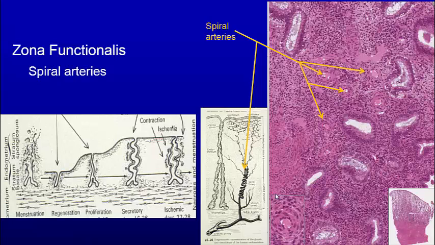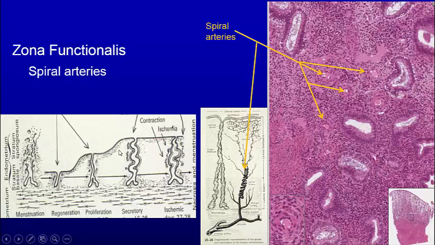So if we look at the cycle, you see after menstruation has occurred, and we say that's day 0 because we can observe that, and then after that you have regeneration to occur. You get proliferation, secretion, and if you're not pregnant, the corpus luteum will regress, and that will cause ischemia. And what happens is you have these spiraling arteries and we can see these arteries in through here spiraling up, and they send out shoots to support the developing